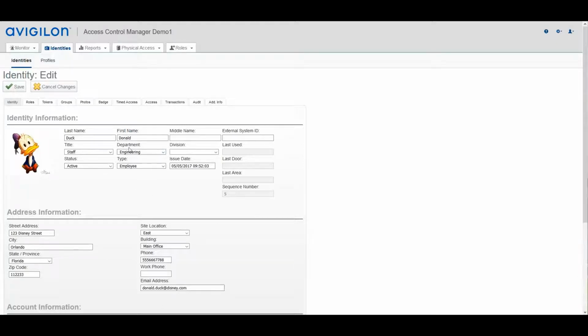So I can go and search for a department, engineering, and all the people that are in the engineering department will come up. Okay. So that helps you a lot. Basic address, phone number, and email address is right here. And if this card holder happens to be an operator, you can create a login and password in here, or